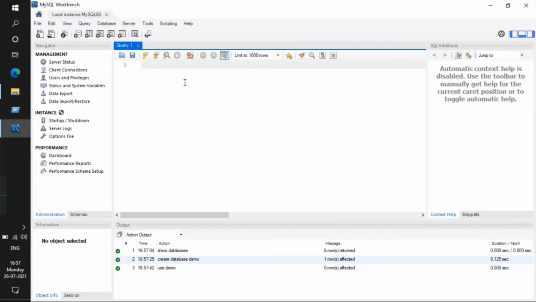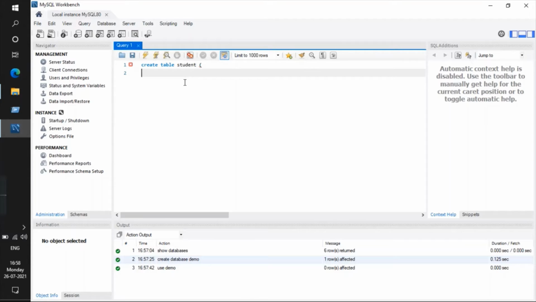So we need to create a table inside demo. So let's create a table student. Just type create table, space, table name, let me give student. In bracket you need to give all the variables you want.